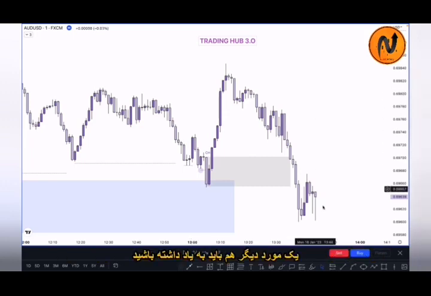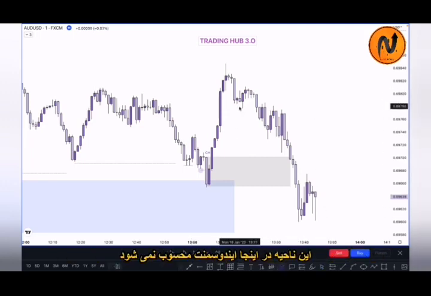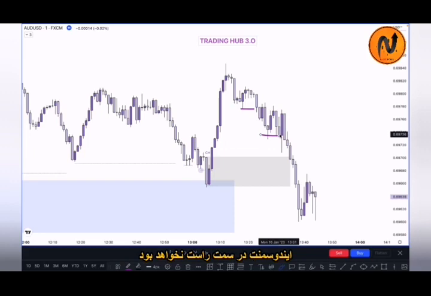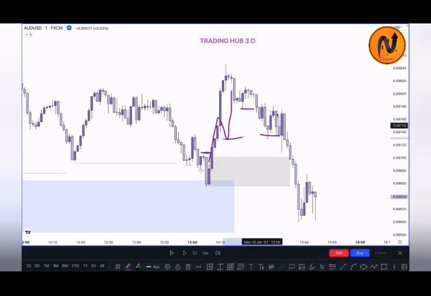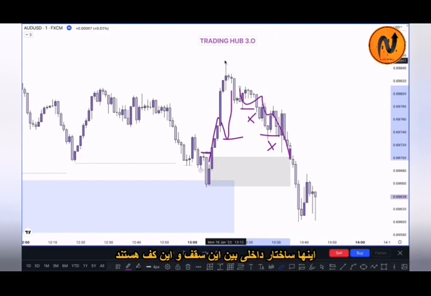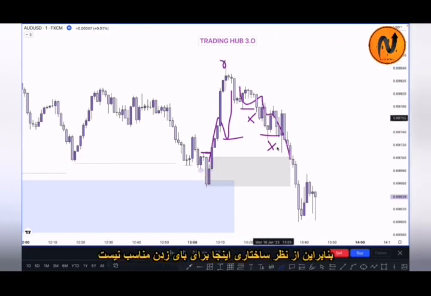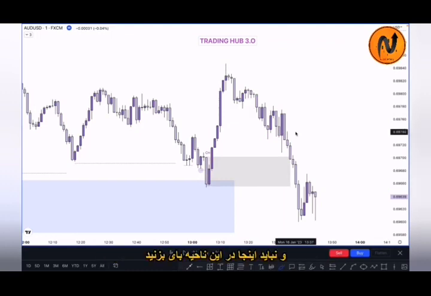And one more thing you have to remember: this is not inducement. Inducement is not on the right side. Inducement is always on the broken side. This side has the broken structure, so you will see inducement on this side. These are not inducement, these are internal structure between this high and this low. So this is not a valid structure for a buy, and you don't need to buy here